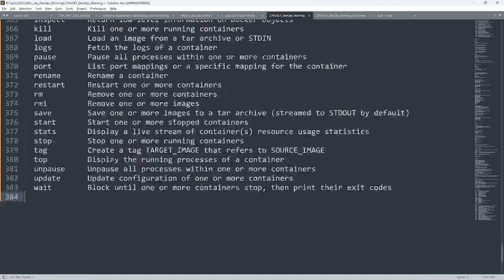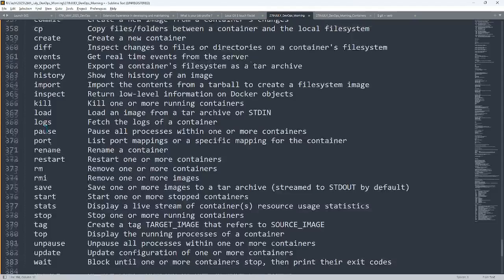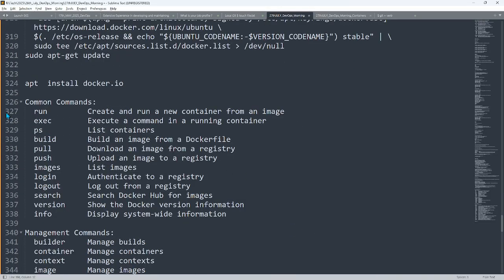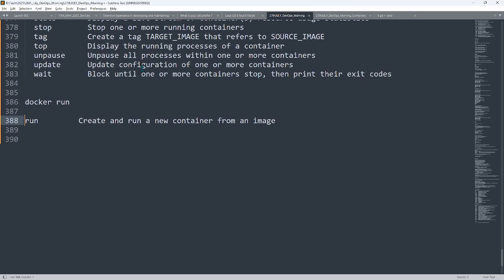Now, in order to explain how to create a container, the command is docker run. If I go and see what run does, it says, at line number 327, create and run a new container from an image. Image, what is this? Run says, hey, I will create a container for you from an image. If you provide me an image, I can create a container for you. We have no idea what an image is, but don't worry, we'll learn all those things.